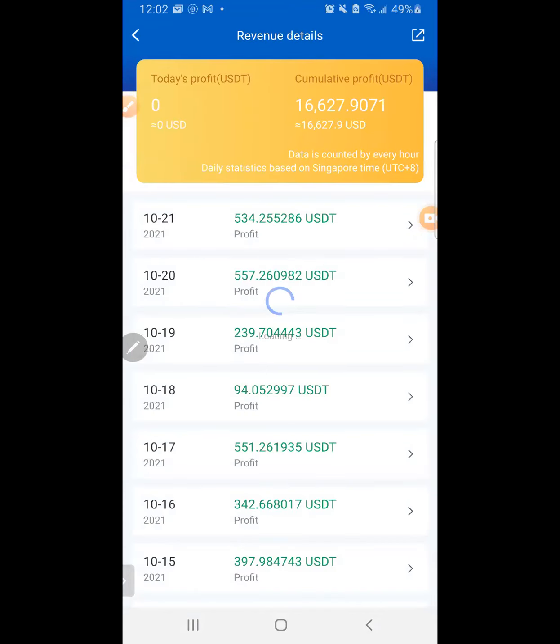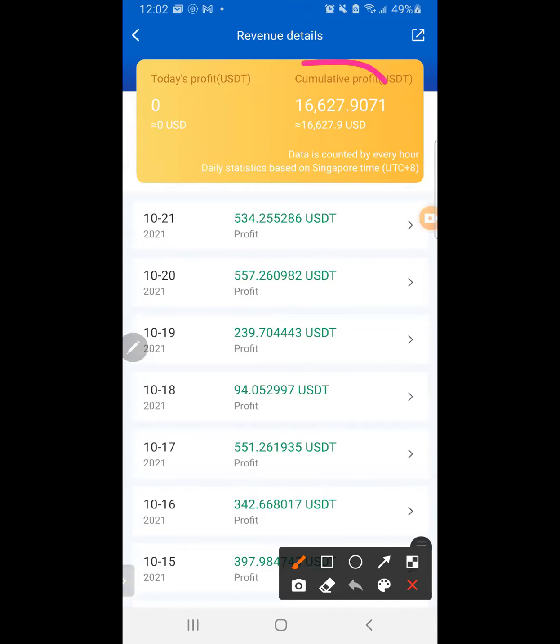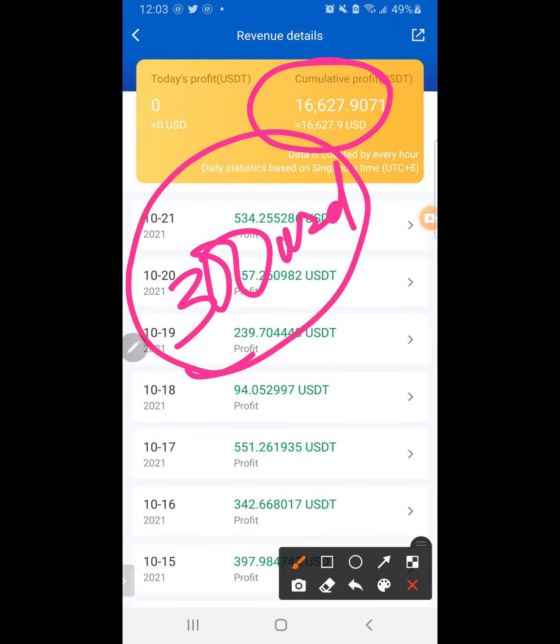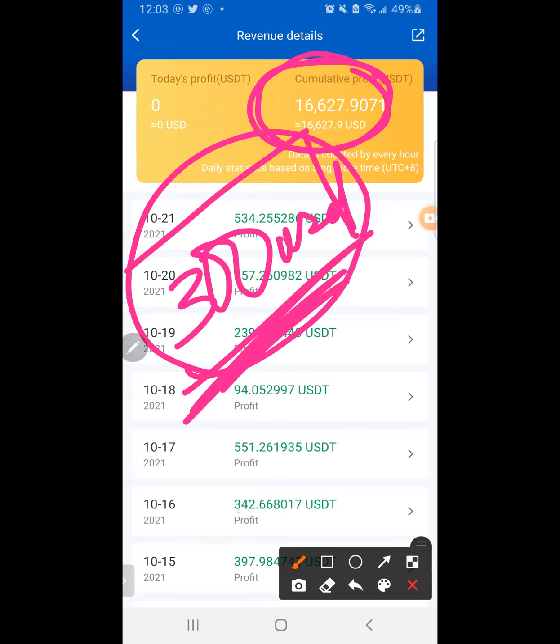This is the revenue, right? And then you can see. Now this account basically started with 300 USDT. But now let's forget about how much the account has compounded to. Let's forget about how much the account has made. Whatever amount you have in your capital, I'll be showing you other accounts that also have less than whatever this has currently. But this account started this way, and it has grown to compound, and